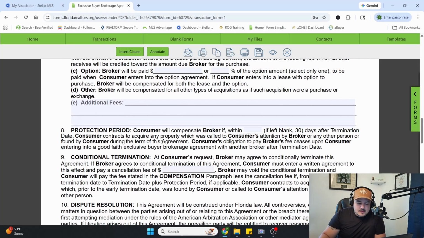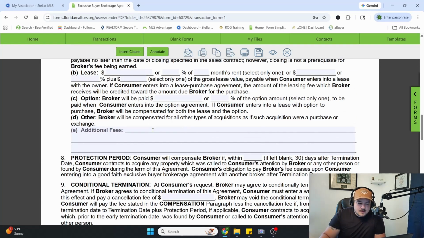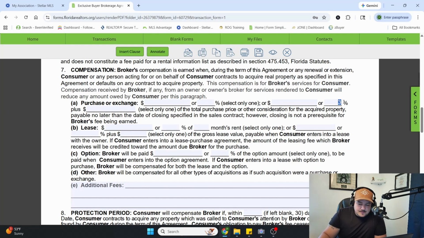So that would actually need to go in additional fees, 2% commission bonus from D.R. Horton. Why is this important? So that you have it on paper. But either way, I do 3%. If for whatever reason, let's say,